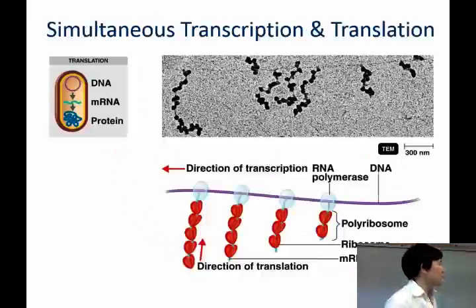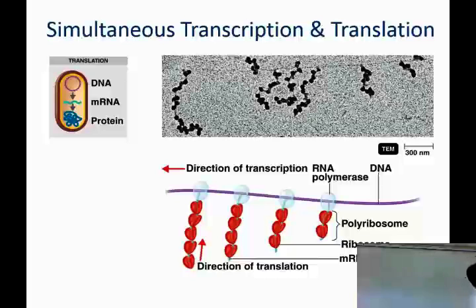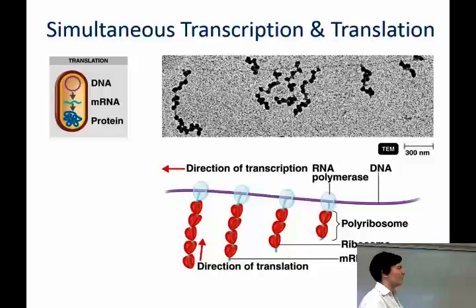There's something really important to understand about prokaryotic genetics that's different from eukaryotic genetics that you've learned before. And that is this. You can have transcription and translation happening at the same time in the prokaryotic world. So I'm going to describe it, and then we're going to talk about why that's happening. In this picture here, this really faint line that you can barely see is the DNA. Now coming off of it is an RNA transcript. In this particular picture, this is where the promoter is, right? And we have about